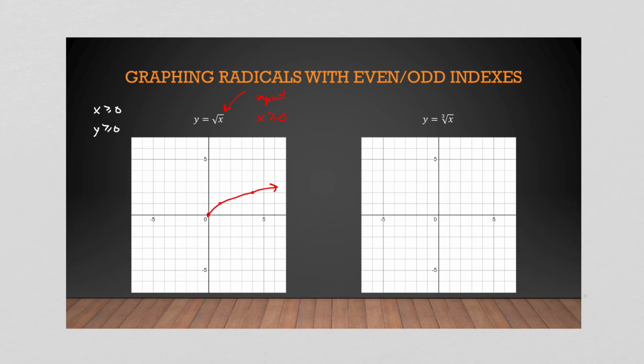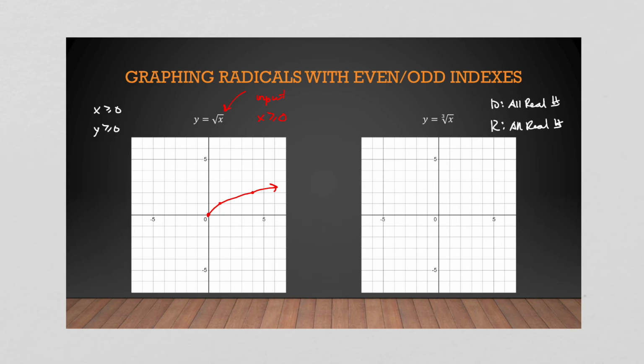you can put negative or positive values in for x, which means our domain is all real numbers. So what that does for our range is it allows us to have negative outputs and positive outputs. So we actually get all real numbers for our range as well. So think about this. You can't only take positive roots. Think about taking positive and negative cube roots. So cube roots are